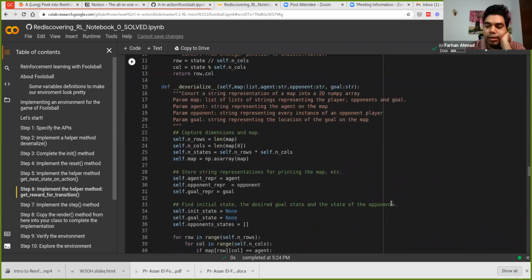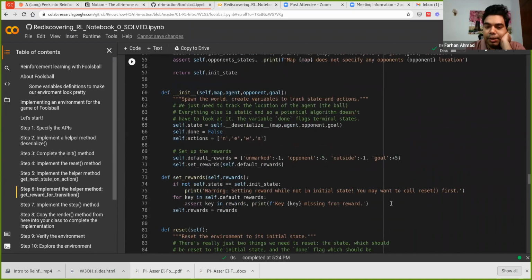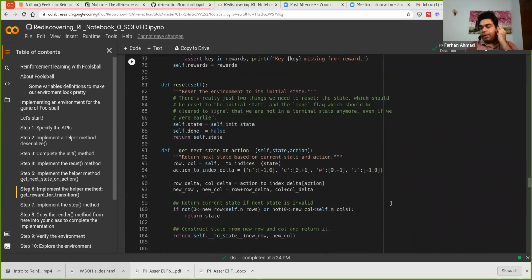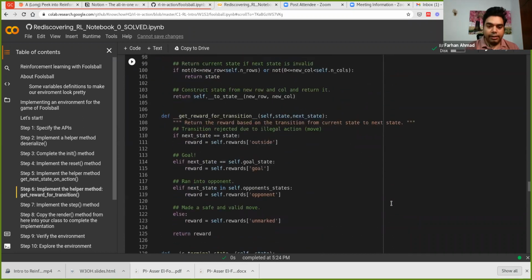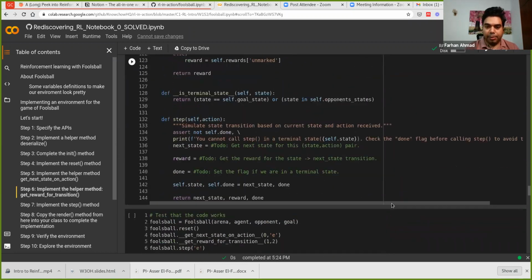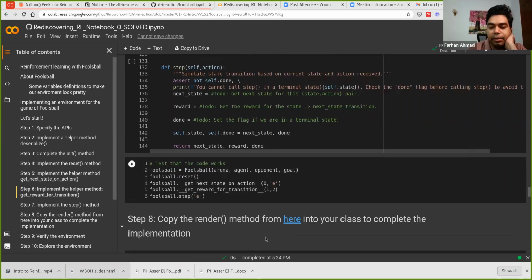So what I want everyone to do is, we are largely familiar with what we are building. We sort of understand in which direction we are headed. In this method, if you look at the implementation, it's already telling you what we need to do in the step function. So try to write this code. Of course, the solution is right in the next cell. Don't look at the solution. Don't do that. Try to write it yourself and run this cell over here and see if you are getting